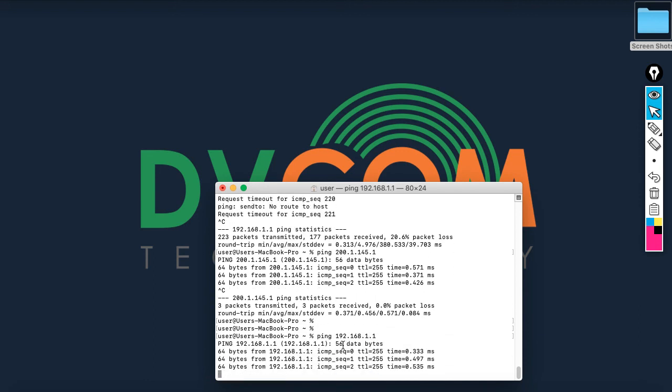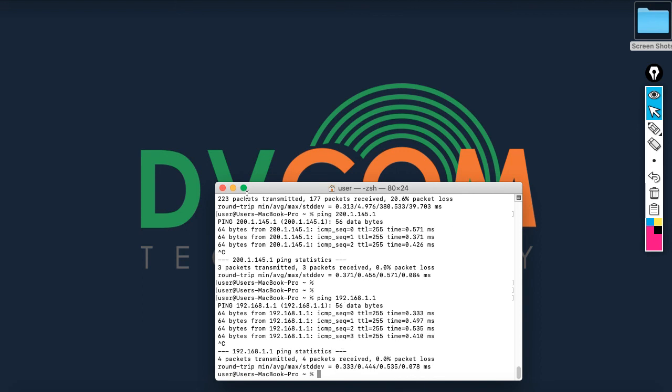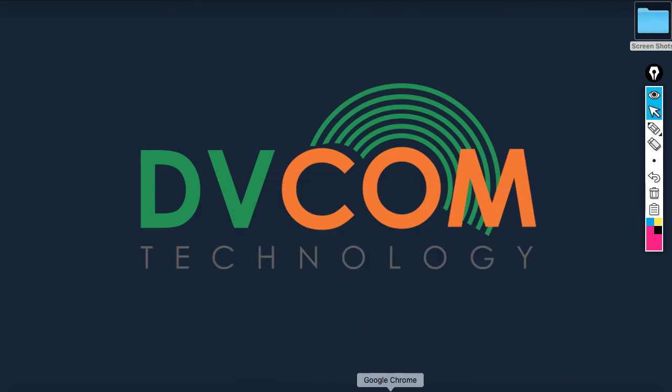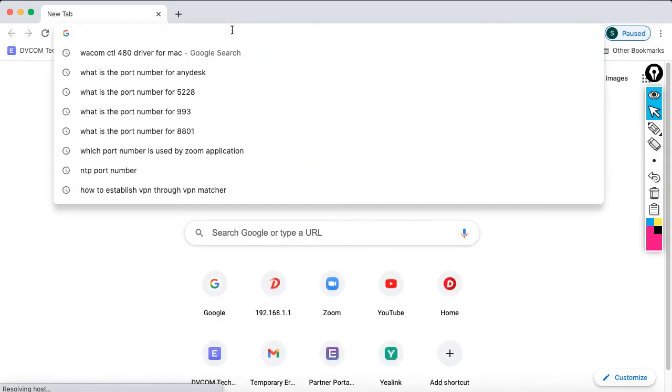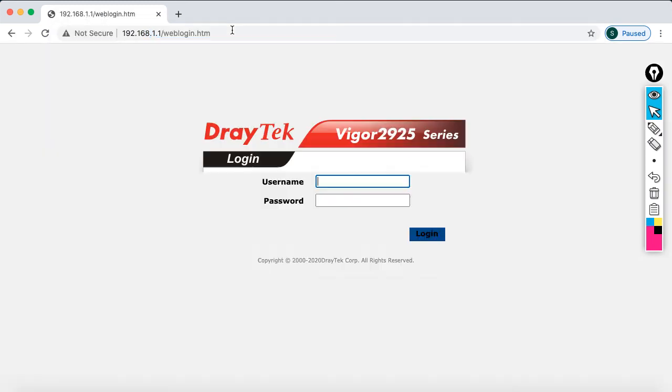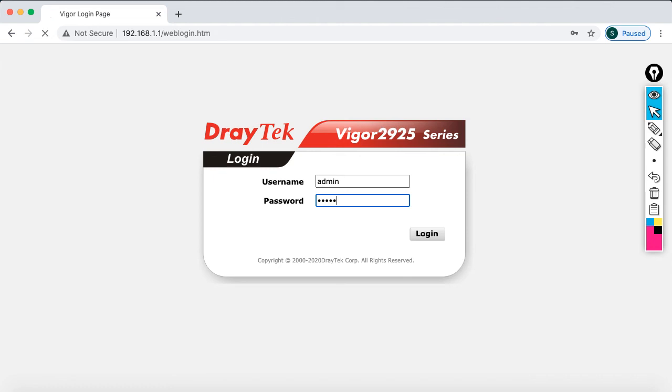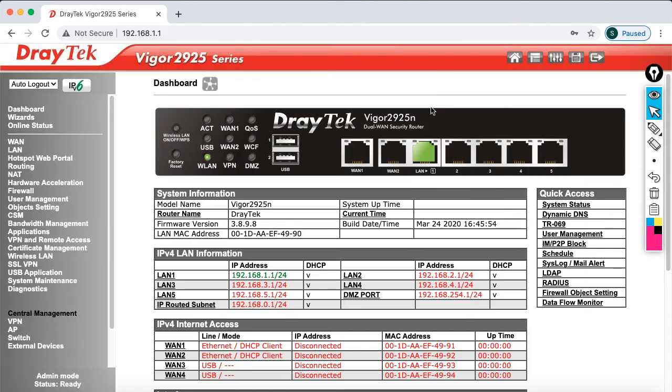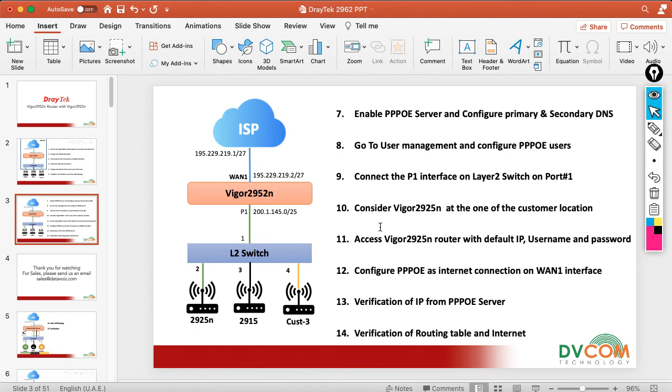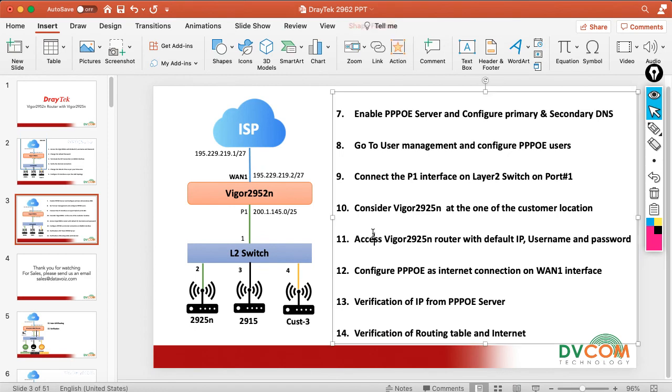Now I have successful reachability. Then open the browser and type the IP address 192.168.1.1 and specify the username as admin and password admin. We have accessed the Vigor router.